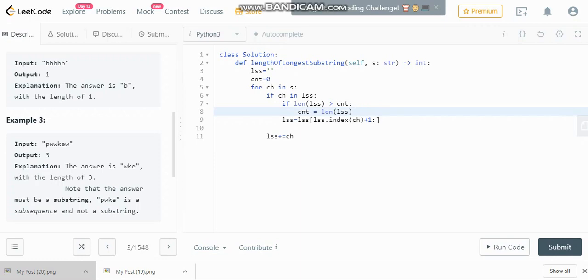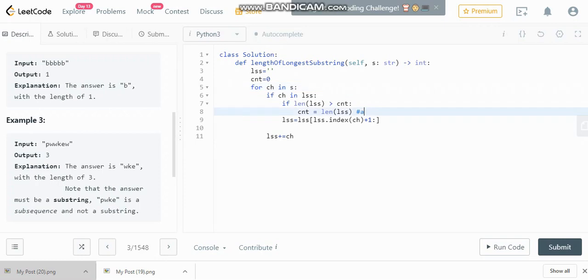Suppose I have a string of length 8 and it happened at the last iteration.